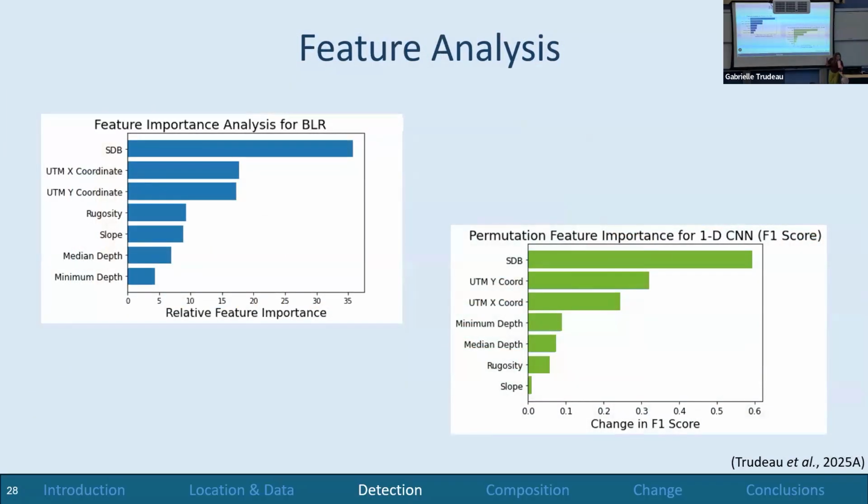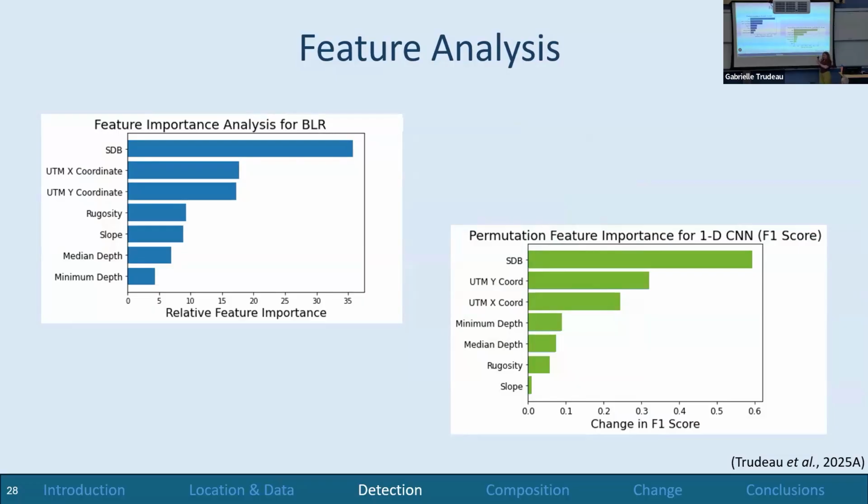Feature analysis. So we talked a little bit about how we can identify which features are the most impactful for each of the models. For binary logistic regression, these kind of fall right out of the model. We look at the regression coefficients. But for the convolutional neural network, it's a little bit more complicated than that. Oftentimes you hear neural networks described as being black boxes, where we don't really know what's happening underneath the hood. This type of analysis allows us to glance underneath the hood and get an idea of what the model is using the most.